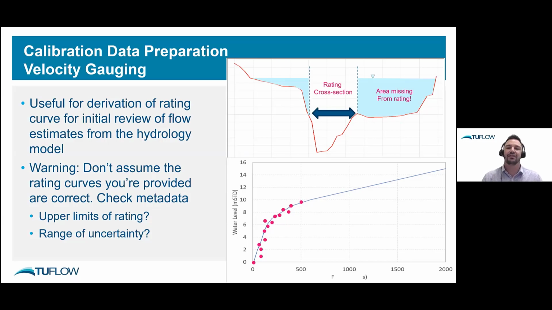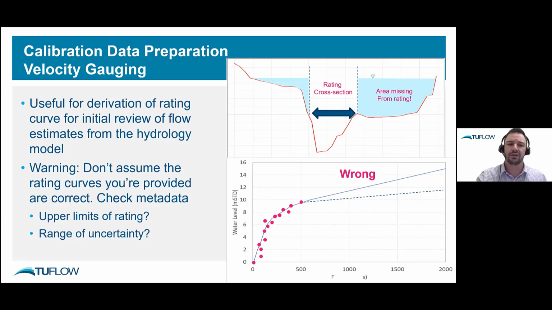It's important for you to know what approach the agency that created these ratings has used to extend the curve out to those higher flows. In many cases, I've found that the cross-section using the calculation is limited to the low flow gauging extent, not the whole floodplain, which relates to the flooded, wetted area. And if you make that mistake, well, the ratings that you're using will be completely wrong. So, look at the metadata, get an understanding of the range of uncertainty of these gauges, of these ratings.